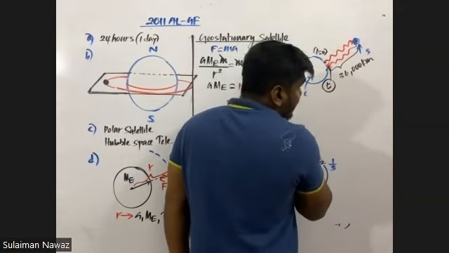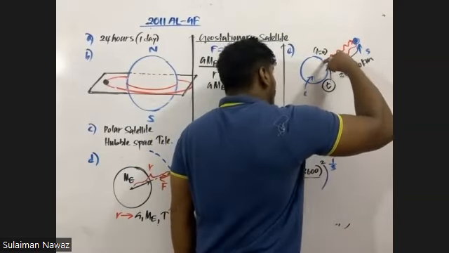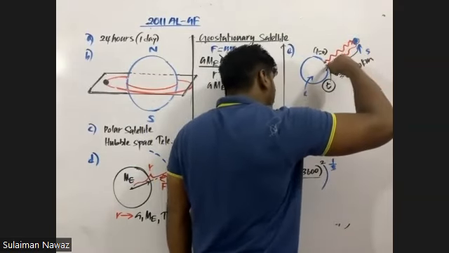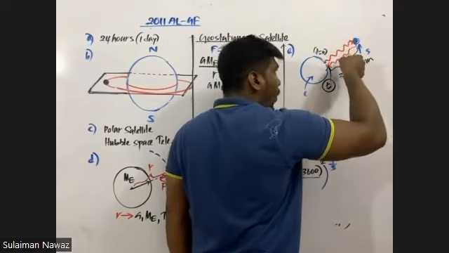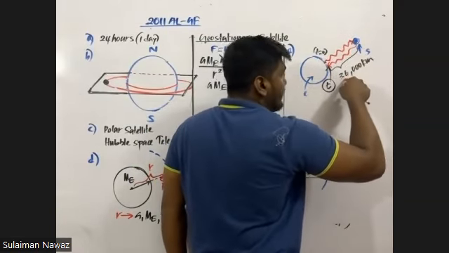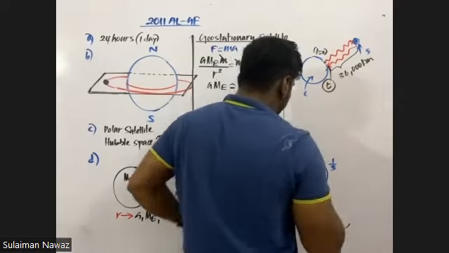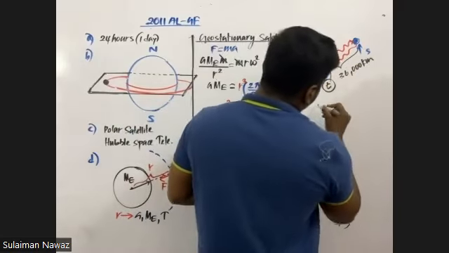Then what is the total distance traveled by the signal? 36,000 km in this direction, and it again comes back to the ground, another 36,000 km. Altogether, the total distance is 36,000 kilometers × 2. If I apply the equation S = ut,